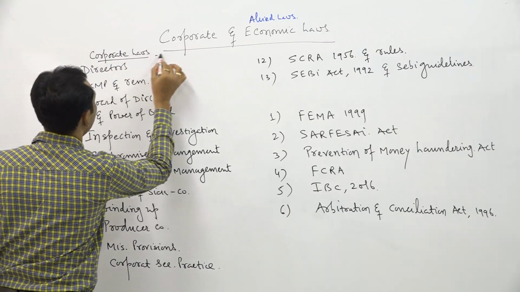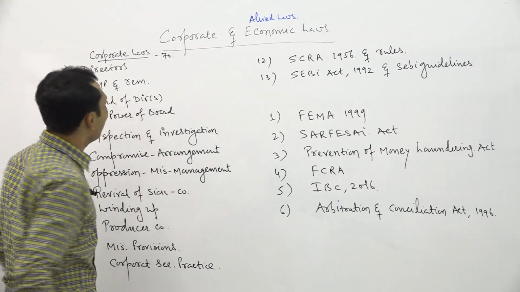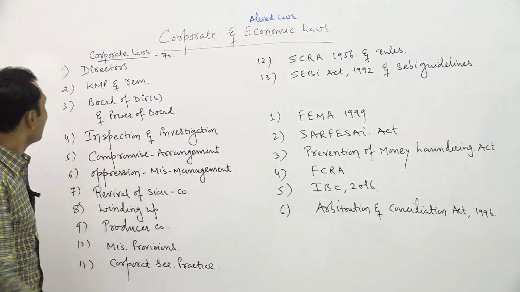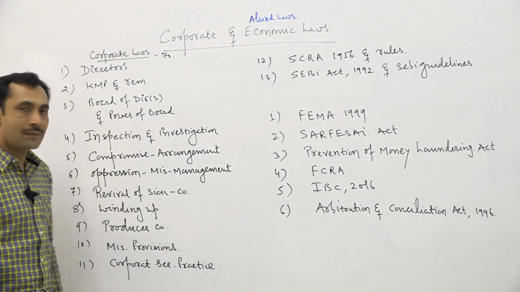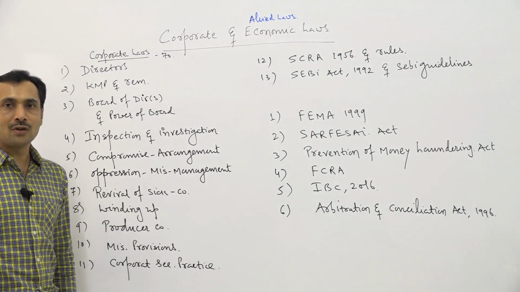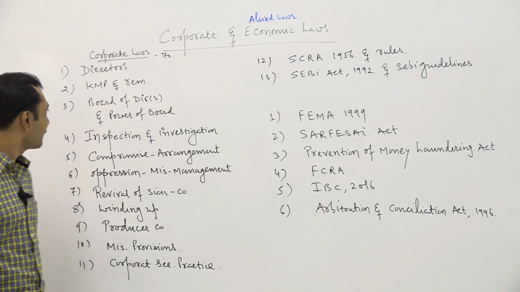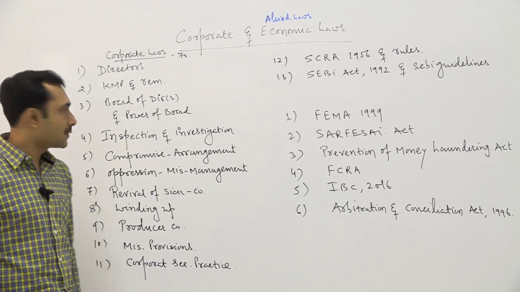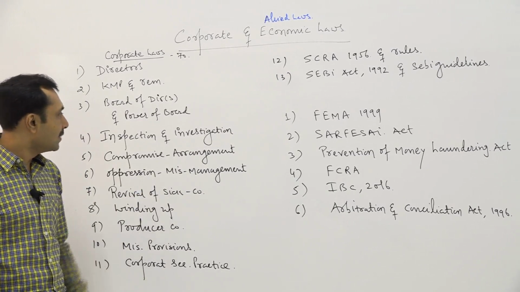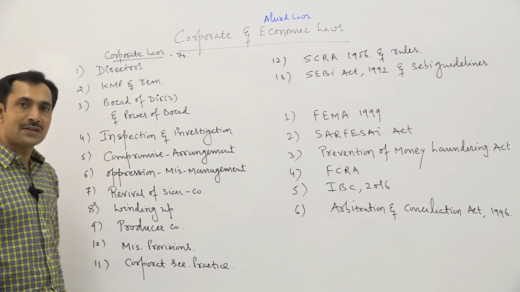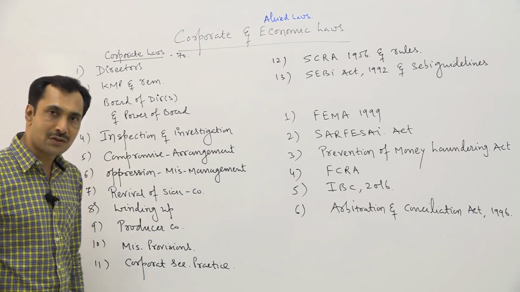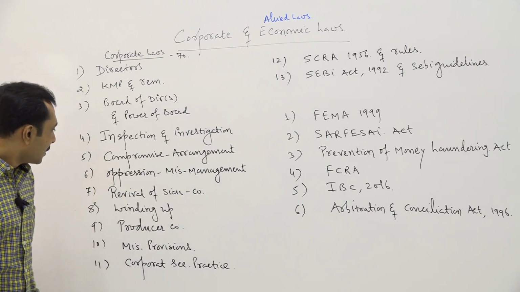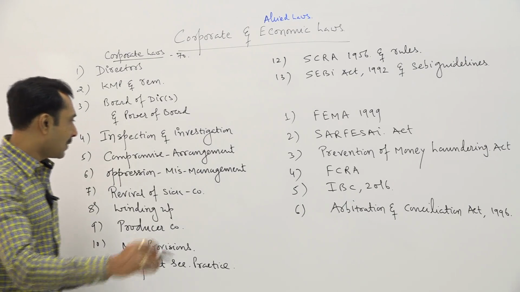Corporate law will be of 70 marks, which will mainly consist of the provisions of the Companies Act 2013. It consists of chapters on directors, KMP, key managerial personnel, and their remuneration, the board of directors, board meetings, and the powers of the board of directors, inspection and investigation, compromise, arrangement, amalgamation, merger, demerger, oppression and mismanagement, revival of a sick company. Now I have a little doubt